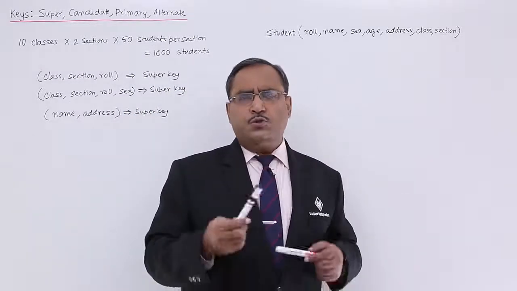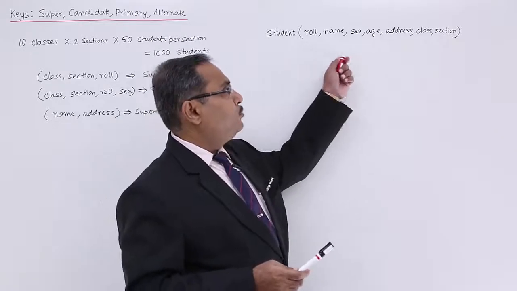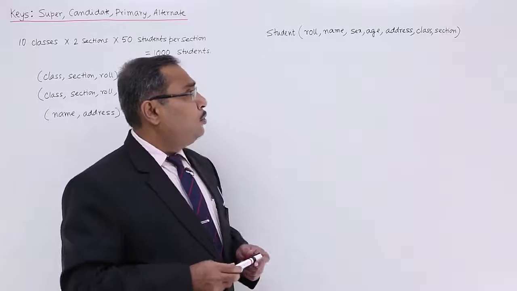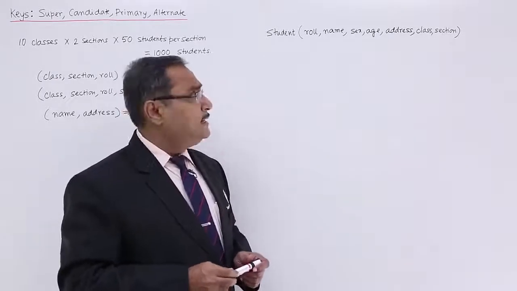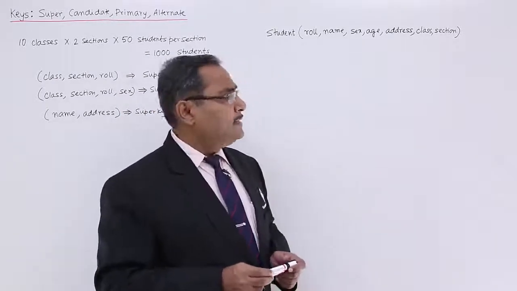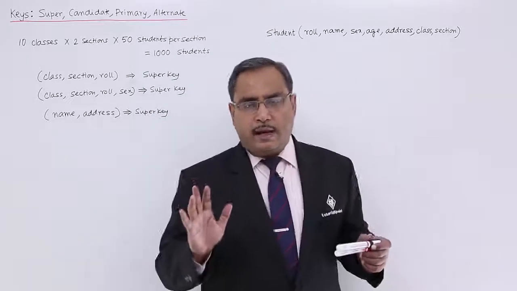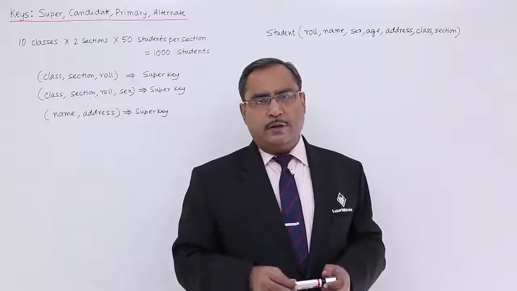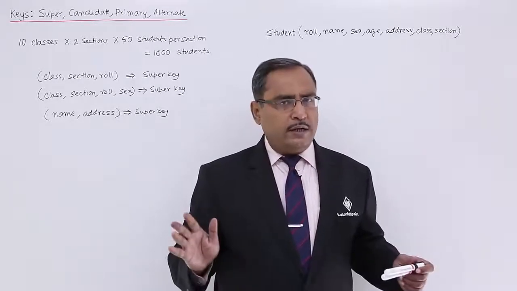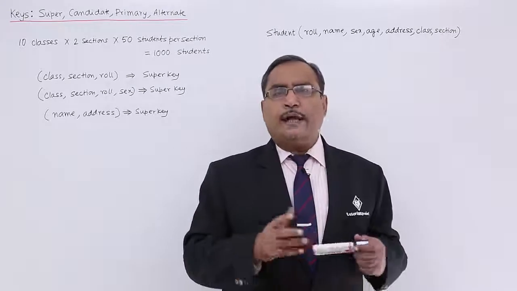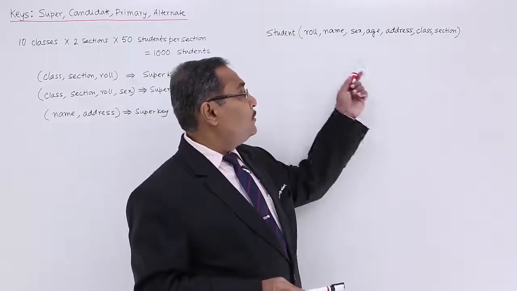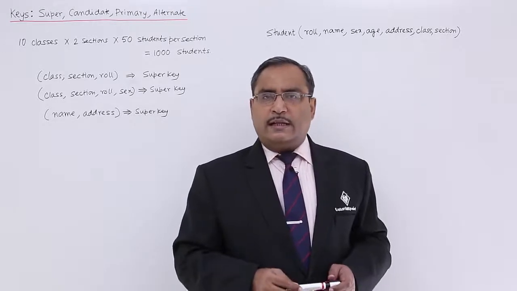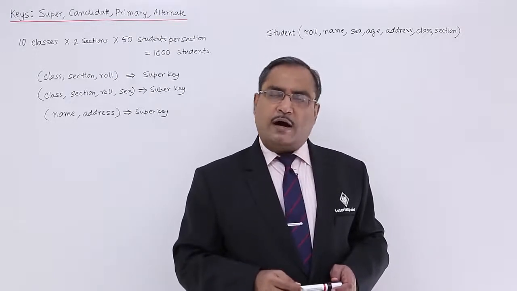The name of the table is student, and we have these 7 columns with the heads roll, name, sex, age, address, class, and section. We have multiple tuples or records in the respective table. For better understanding, you can consider it as a table. For my discussion, I am taking it as a schema. What is a schema? We have discussed that in another video. A schema is nothing but a logical description of a database.